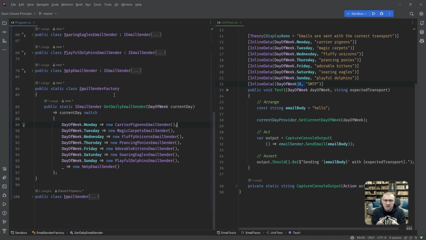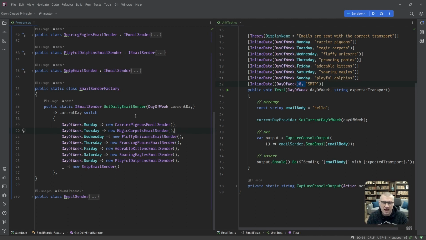And this works as long as you can keep the criteria, the definition, the condition onto which to base your decision what email sender to instantiate. You can keep it in a serializable form, like in a text form, in a config file of some sort. So if you can do that, then everything's peachy.